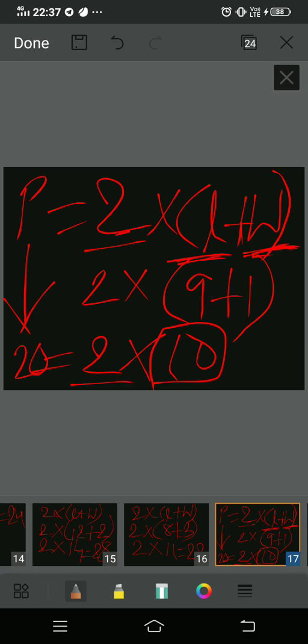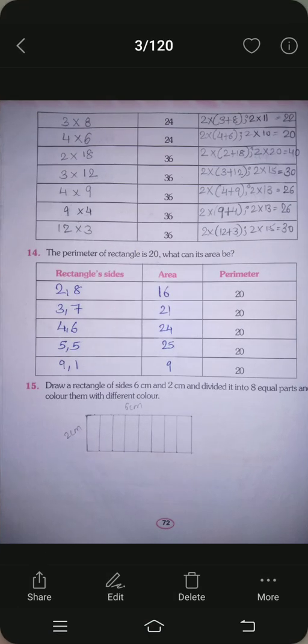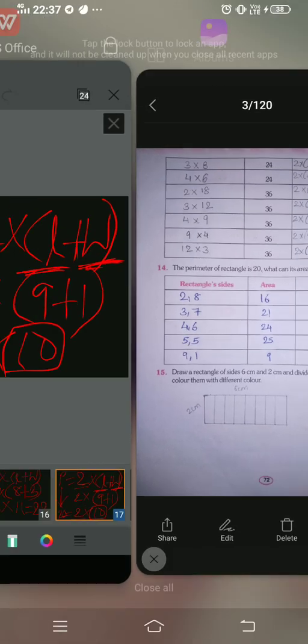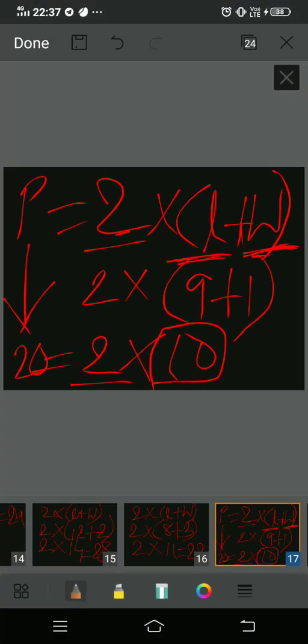So 9 plus 1 you can do, right? Then your answer will be 10, and that is why you can choose the two sides, 1 and 9, or 9 and 1. You can choose. Okay, and next up, apart from 1 and 9, look at 2. You can add 2. What do you have to add to 2 to get 10? 2 plus 8, when you do, you will get the answer 10.